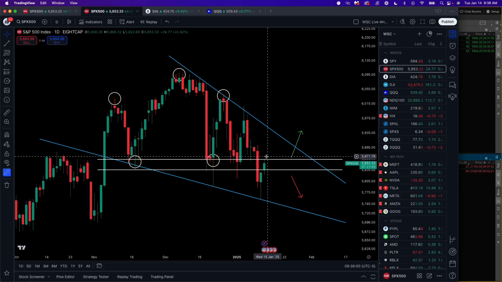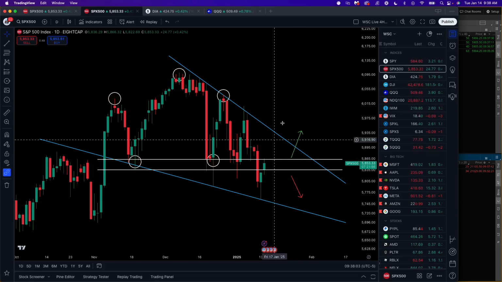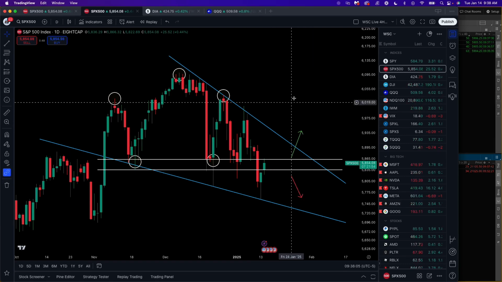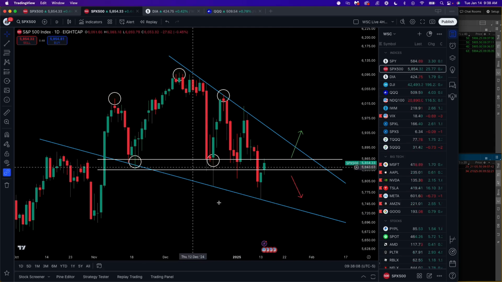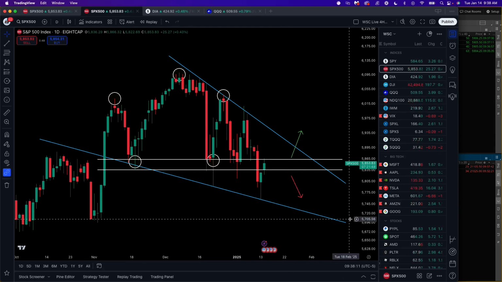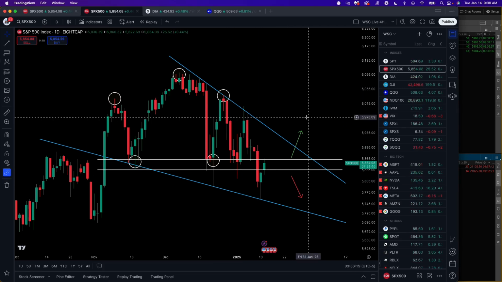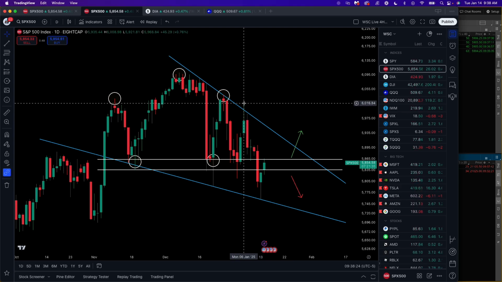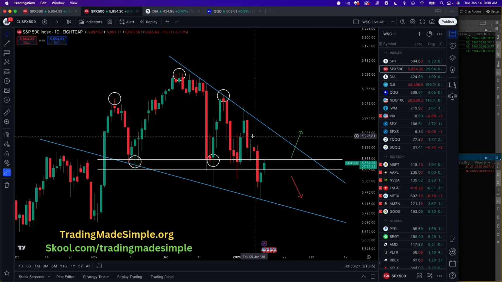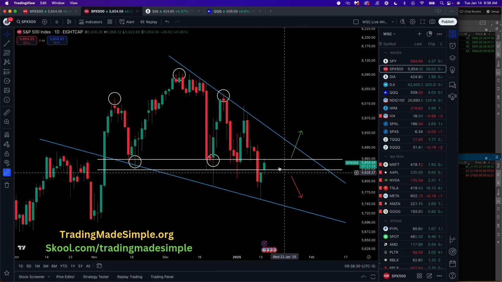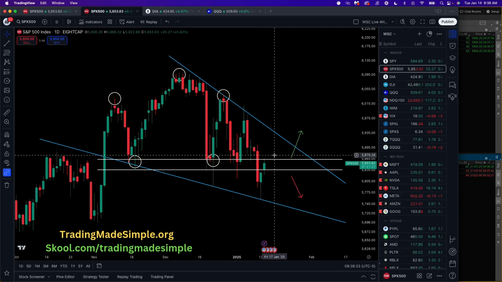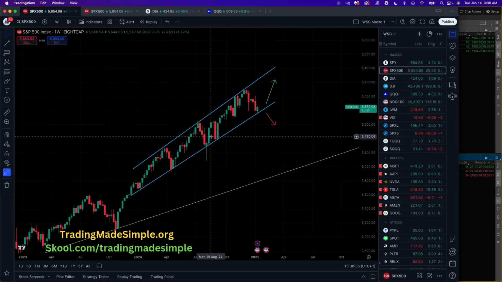5,860, 70. If we break here, this would be a very good long position for swing trades here, because we would be invalidating this pattern, number one. Number two, the 5-day time frame net flow is kind of telling us, hey, despite this being a powerful pullback, there was not much bearish flow. Yes, on that 3-day time frame, we don't see the bullish flow appearing yet, but there has not been much bearish flow on this pullback. So who was shorting the market? Was it big money? Was it institutional money? Let's see. Still, SPY is kind of surviving here.